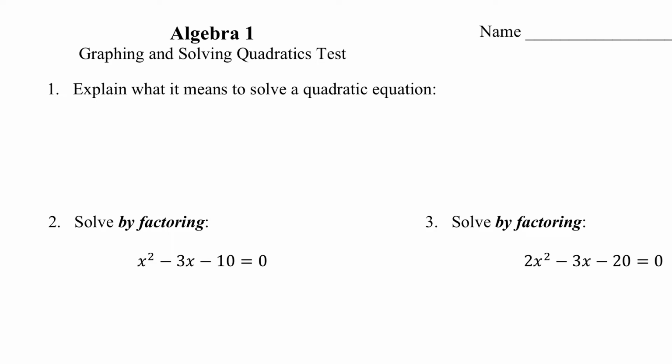Okay, number one, explain what it means to solve a quadratic equation. So again, this just means that you're finding two numbers so that when you plug them in, either the equation is true or the output is zero. So you're finding two numbers